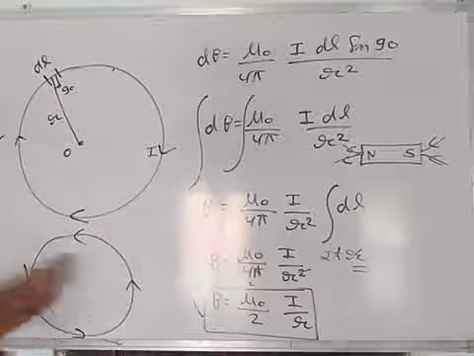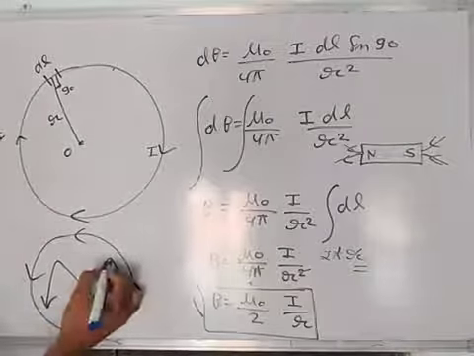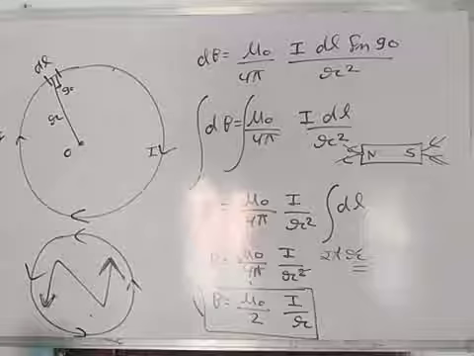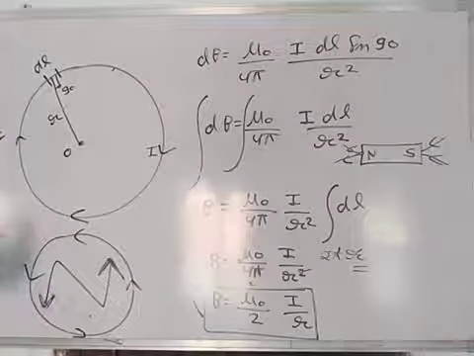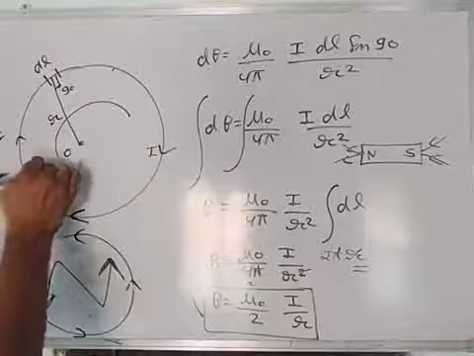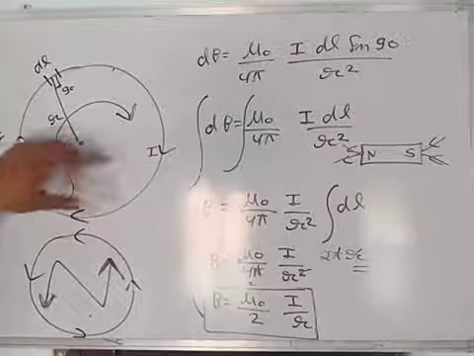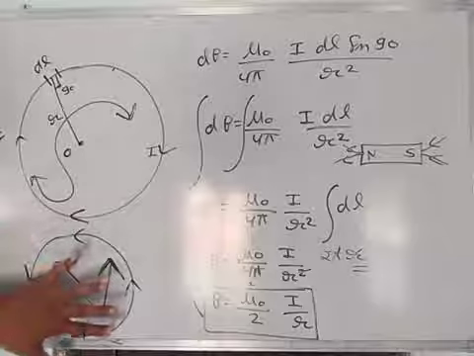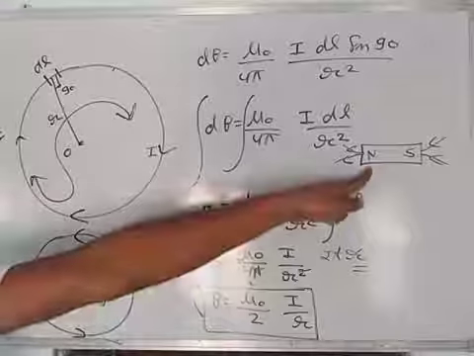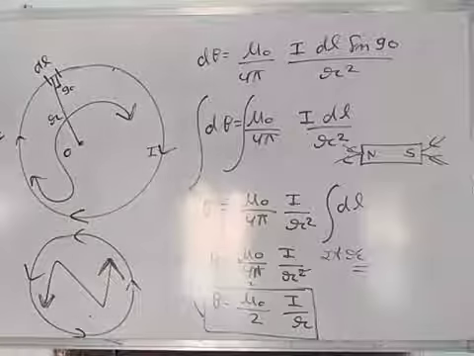This means this is the north pole. If you draw an N, with arrows at the edges of N, the arrow gives the direction of current, and this is the north pole. In the same way, if you draw an S, with the arrow heads showing the direction of current, then this will be the south pole. This is the north pole because from the north pole magnetic field lines are emerging, and at the south pole magnetic field lines are entering.